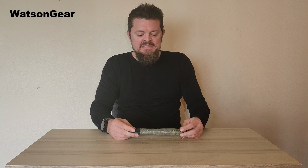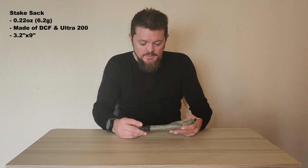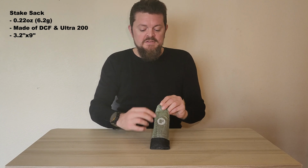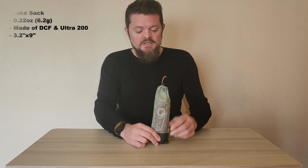So this next one is from WatsonGear. It's actually the stake sack itself. Now I've had DCF stake sacks in the past, and eventually the stakes will wear out the bottom and you end up with holes in them and you have to replace them. And I thought it was particularly interesting that they made this one in a combination of DCF and then Ultra 200 on the bottom,